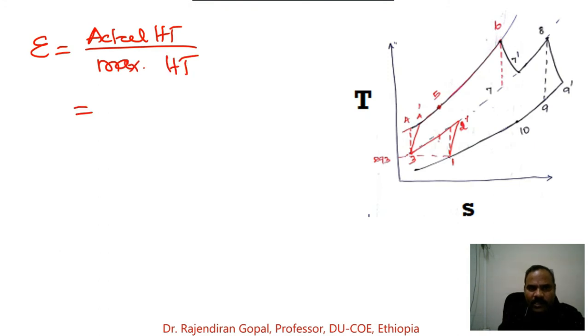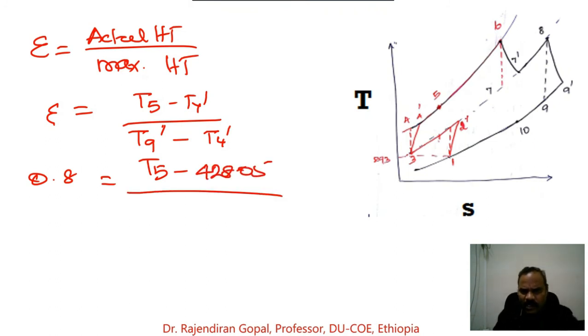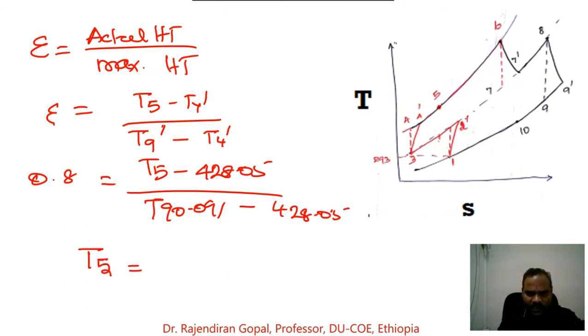We know that effectiveness of heat exchanger is equal to actual heat transfer over maximum possible heat transfer. That is equal to actual heat transfer is T5 minus T4 dash. Maximum possible heat transfer is T9 dash minus T4 dash. 0.8 is equal to T5 minus T4 dash is 428.05 over T9 dash is 790.091 minus 428.05, we get T5 is equal to